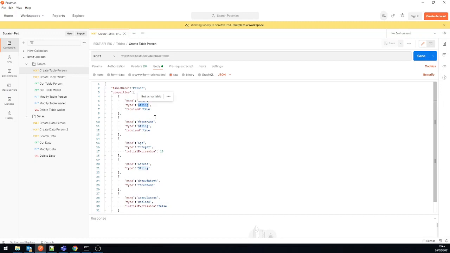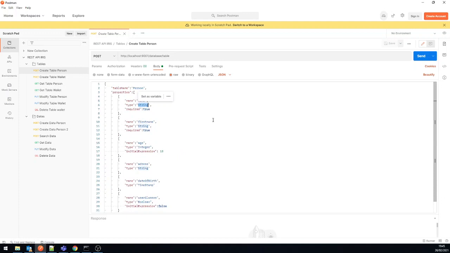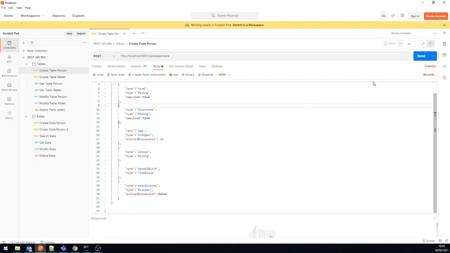We allow different types, such as string, integer, timestamp, date, boolean, float, decimal, and also fields like required, if you want your property to be required, and an initial expression. So let's create a table.